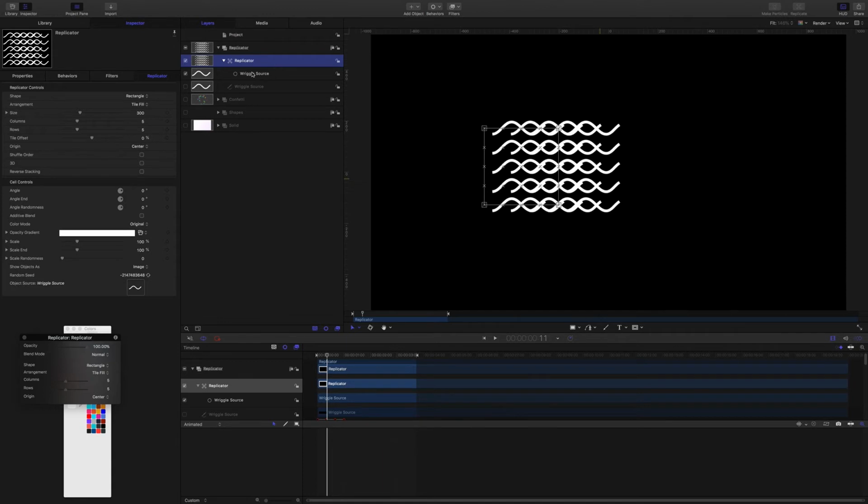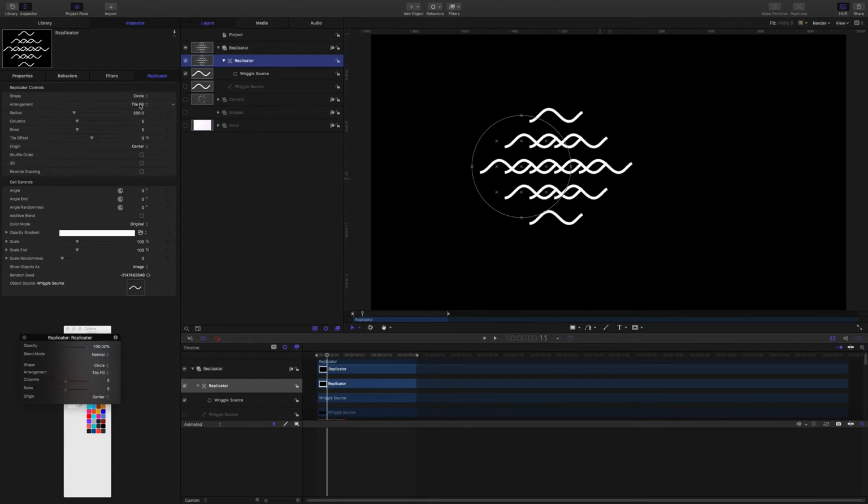It's just the best way that I found so far to make the wriggle shapes match the confetti emitter. There might be other better ways to do it. If you know better ways, please let me know. I'd love to hear the alternatives. But what we'll do now is we've got this replicator and I'm going to set this shape to